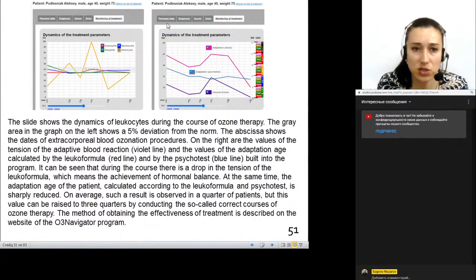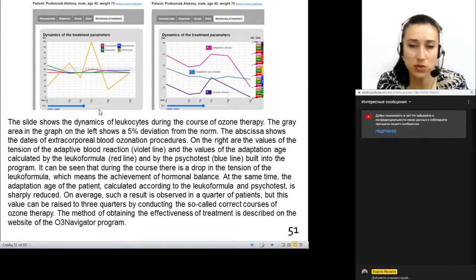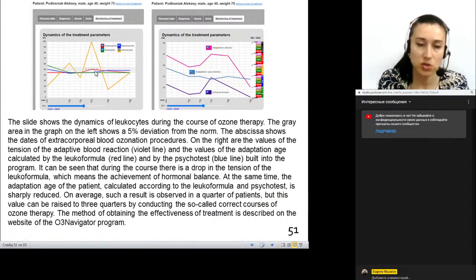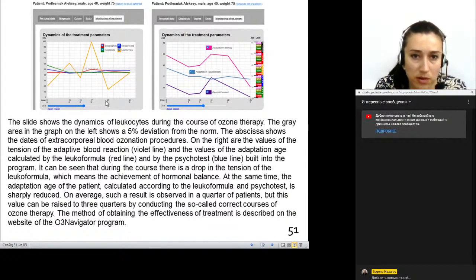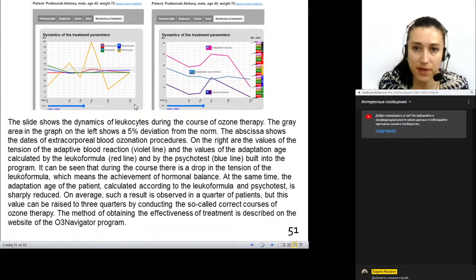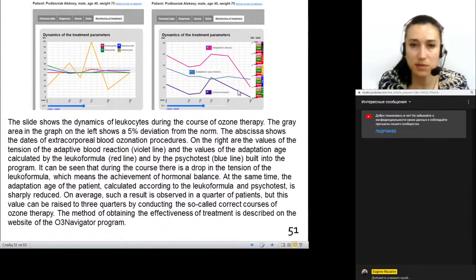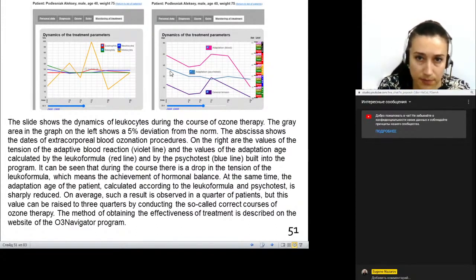So the next slide shows us the dynamics of leukocytes during the course of ozone therapy. The gray area on the graph on the left shows the 5% deviation from the norm. The abscissa shows the dates of the extracorporeal blood ozonation procedure. On the right, there are values of the tension of the adaptive blood reaction, which is indicated by the violet line, and the values of the adaptation age calculated by the leukoformula, which is the red line, and the psychotest, which is the blue line,